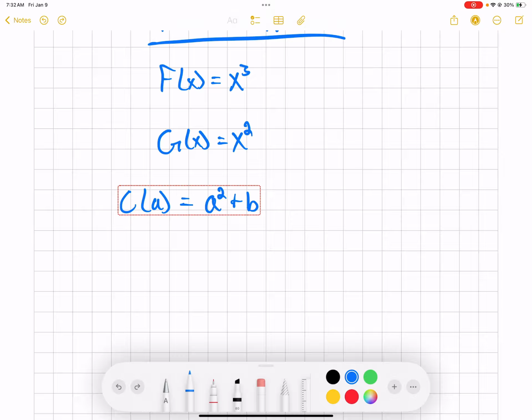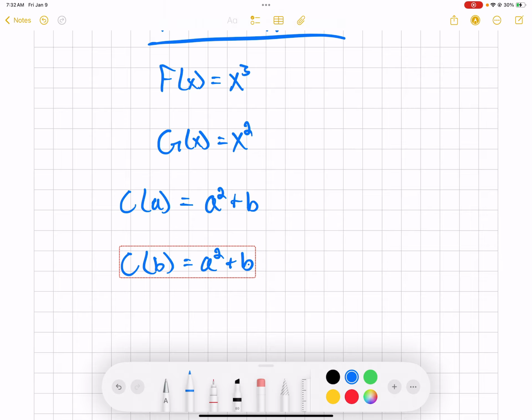It wouldn't be called C of A, because when you call it C of A, that implies that your independent variable, your input variable, is A. So if my input variable, my independent variable, was B instead of A, then I would call this C of B. And then I would know that B is my input variable, A is a constant,